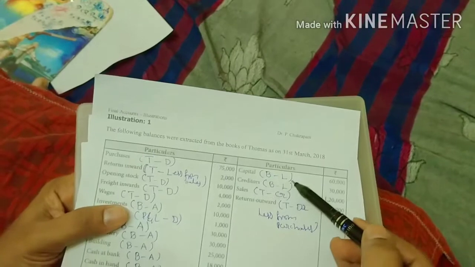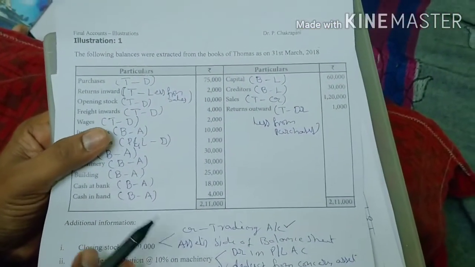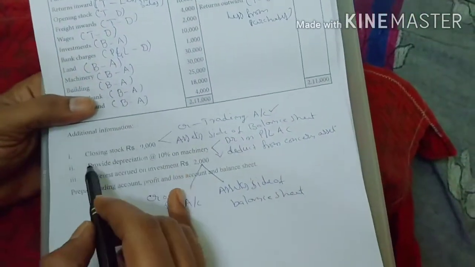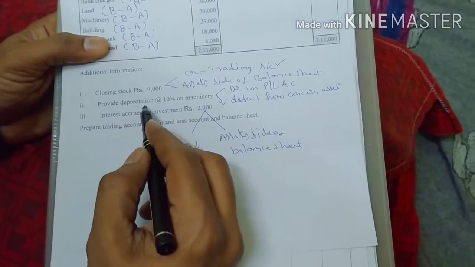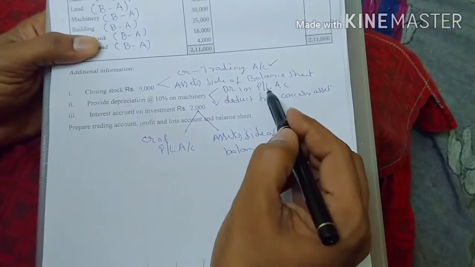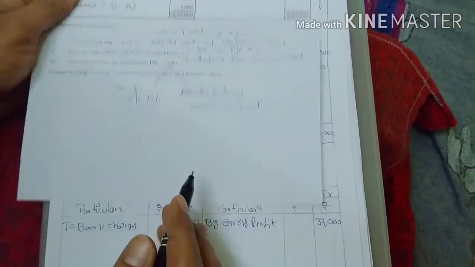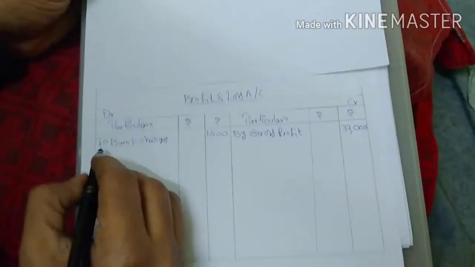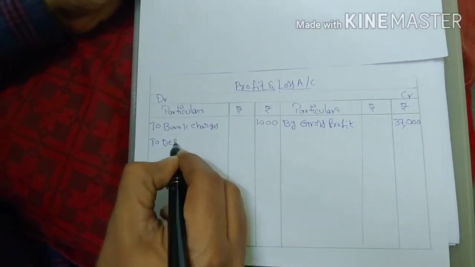Likewise, check the credit side also, no transactions. Now come here: closing stock, trading account, balance sheet, provision for depreciation, debit side in profit and loss account. So we need to mention this: to depreciation,